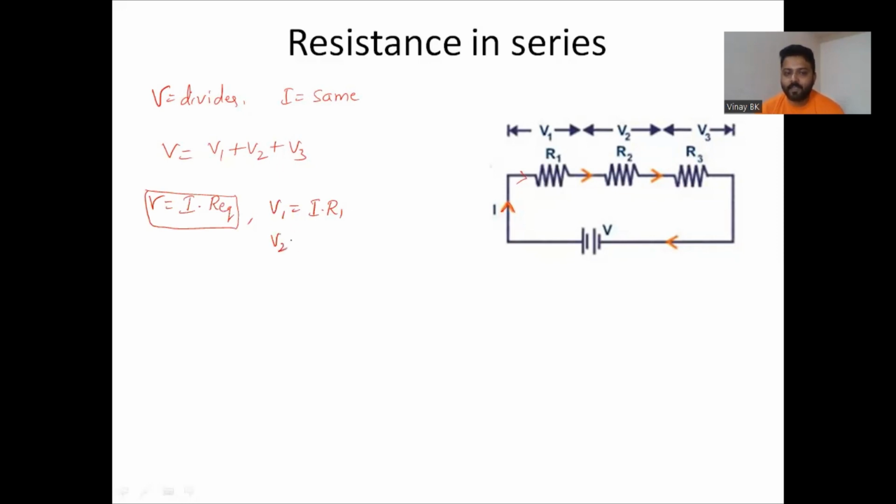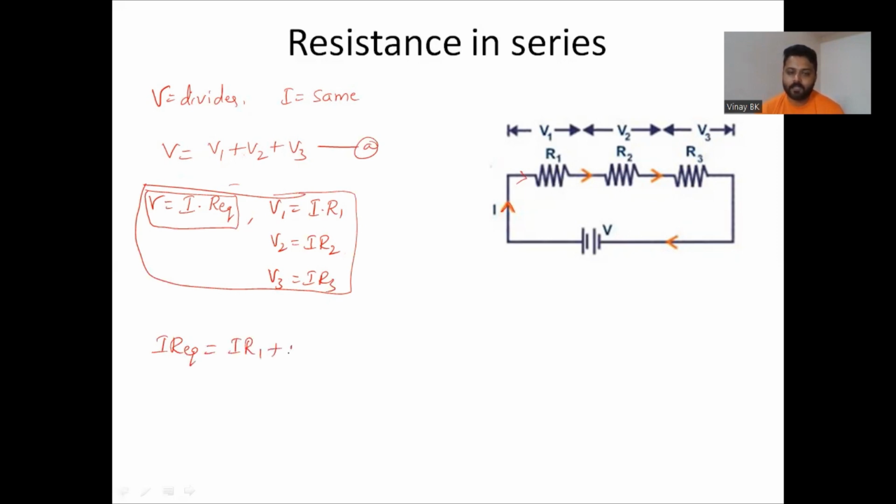Similarly, V2 is I into R2, the same current which is flowing. V3 is I into R3. So substitute these values in the above equation A, you can get I into R equivalent equals I into R1 plus I into R2 plus I into R3. The current is the same, so I is common. By taking I as common, you can get R equivalent equals R1 plus R2 plus R3